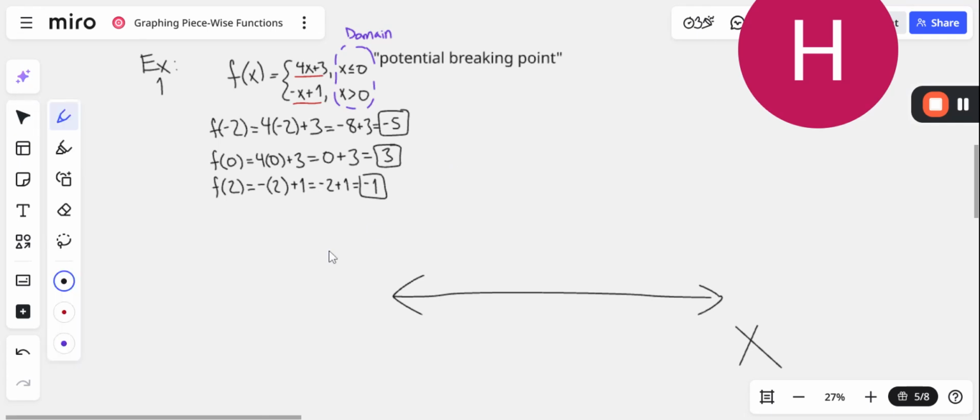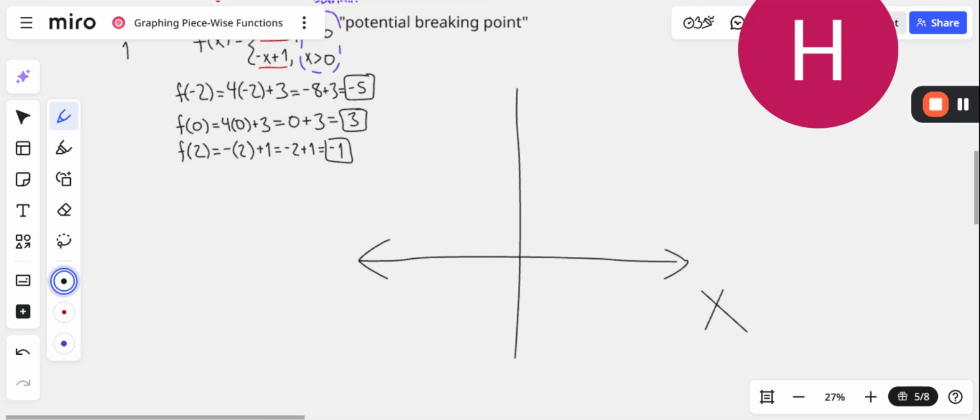So what does that look like? Well, I haven't drawn the y-axis yet for two reasons. One reason is because I just want to focus on the x values, the domain. But another reason is that this potential breaking point at x equals 0 overlaps with the y-axis. So if I already had the y-axis drawn here, you wouldn't really be able to see what I'm about to do. So here is 0 on the x-axis, and we're going to have this potential breaking point,